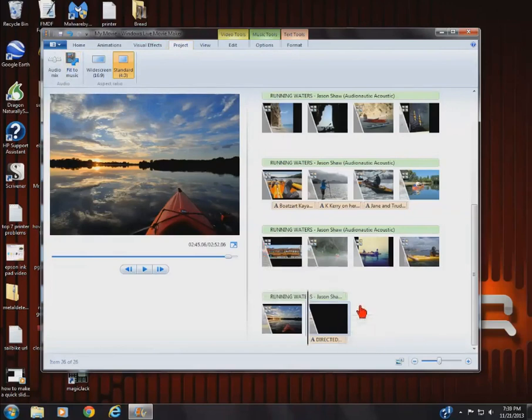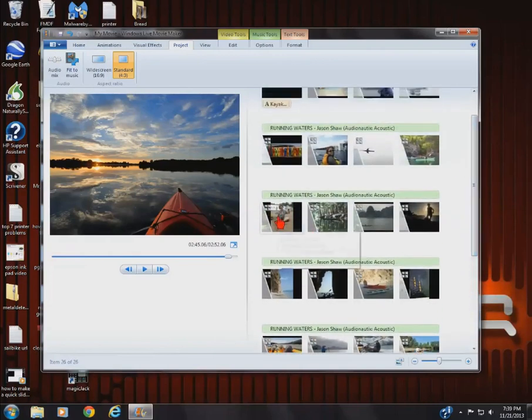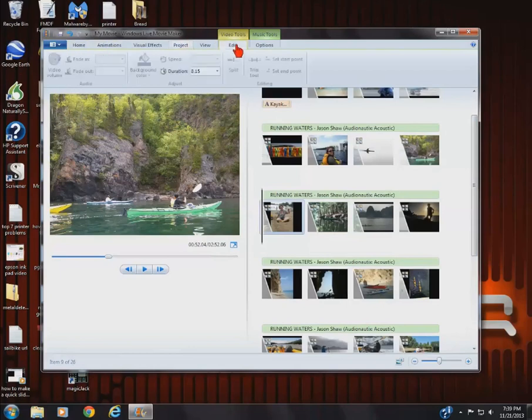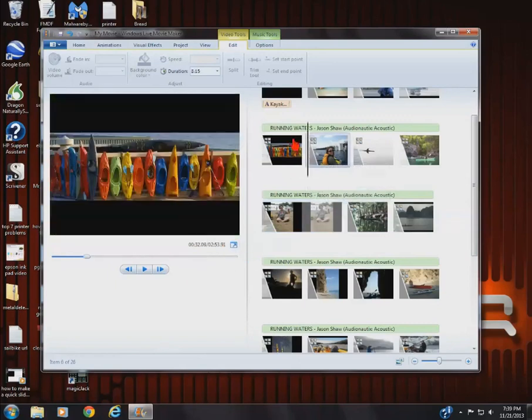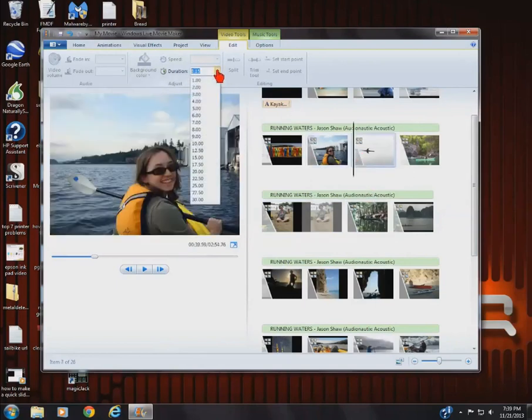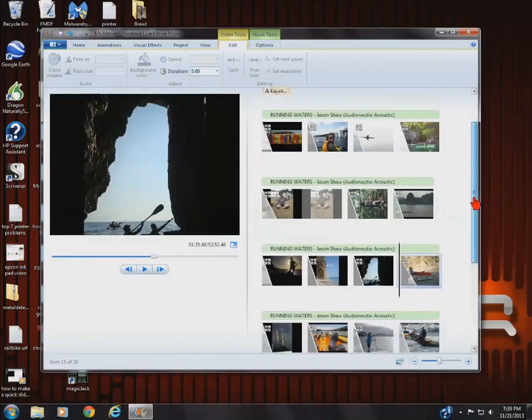Okay, we still need to have a little bit more time on our video so it'll match the music. So what we can do is, when you have a photograph with a person in it, let's edit the video. You can increase the time. When someone's looking at the camera, it makes for a better photograph or better video. If you increase the time just a little bit, I think that's a nice shot there. And you can make some of these shorter too to make your video a little more interesting. Adjust the times.